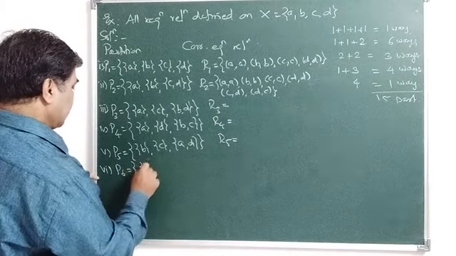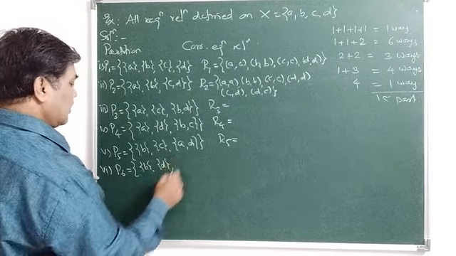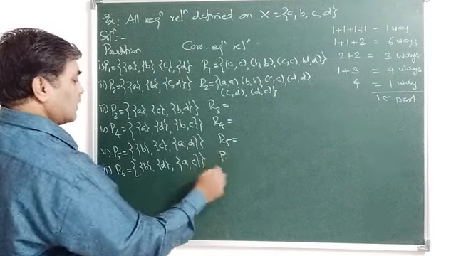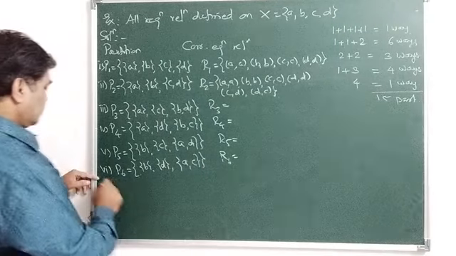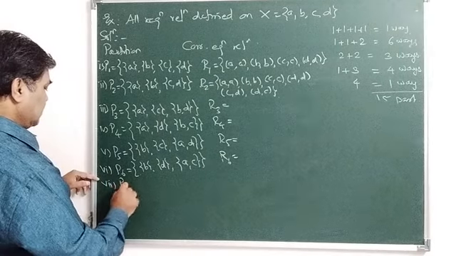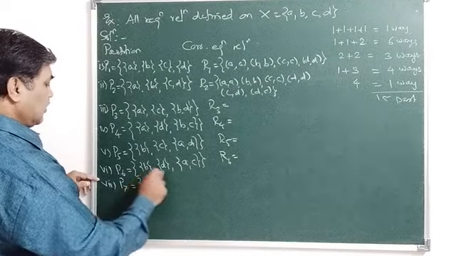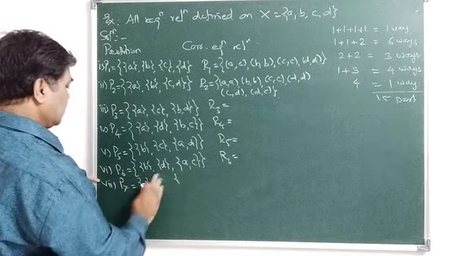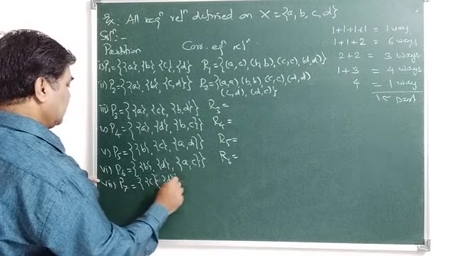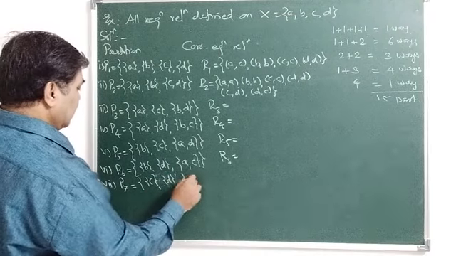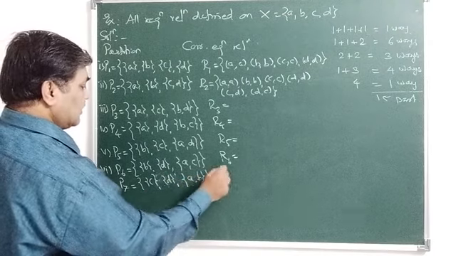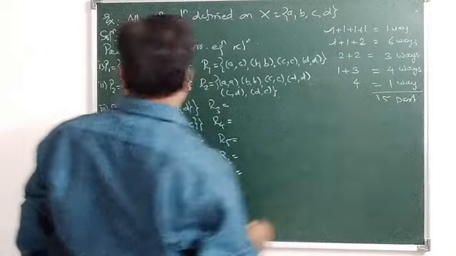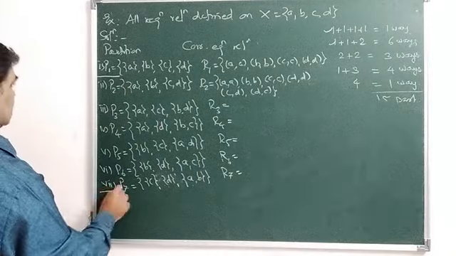6, P6 is equal to, what will we get? BC, BD, and then I will get AC here, R6. 7, P7 is equal to, I have taken BD now, I will take here CD, and then singleton C, singleton D, and A, B as a 2 element set. I will get R7. Okay. So this is completed, this is completed. So this is the first one, this is next.